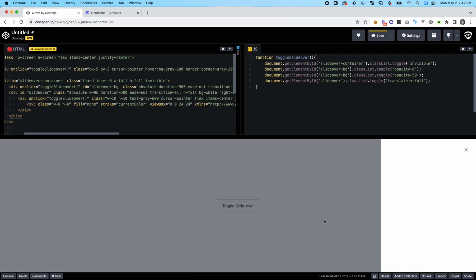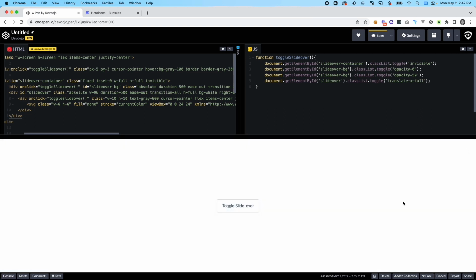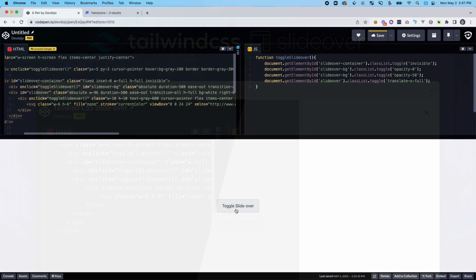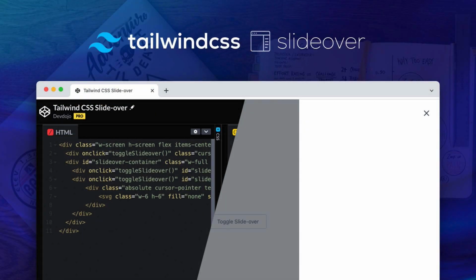Let's click on toggle slide over, and now you can see we have our nice slide over. We can then click on the close icon, or we can click on the background, and our slide over will hide and show. And that is the basics of creating a simple slide over in Tailwind CSS with a little